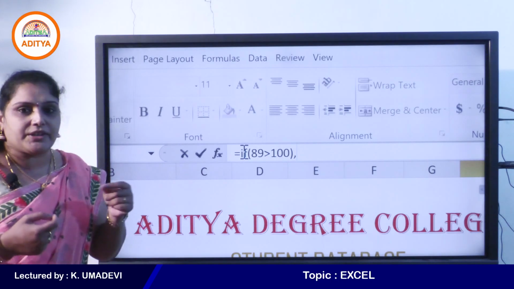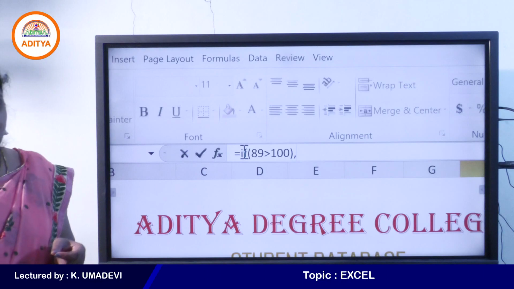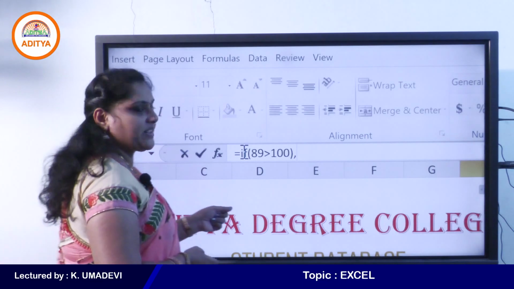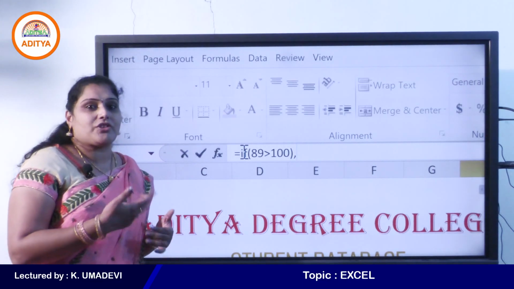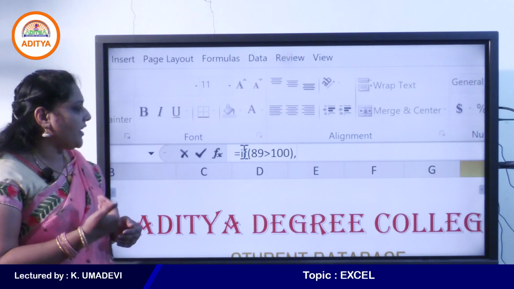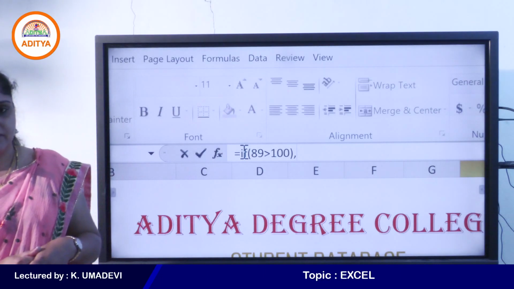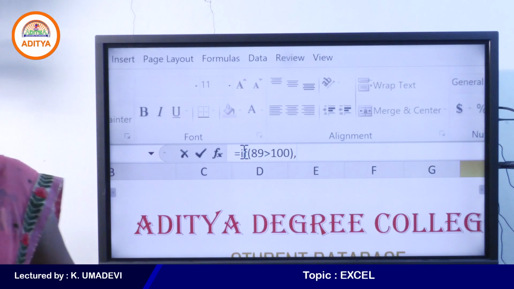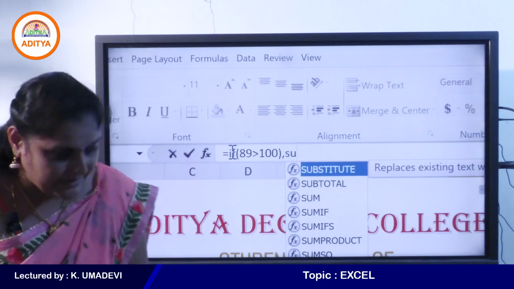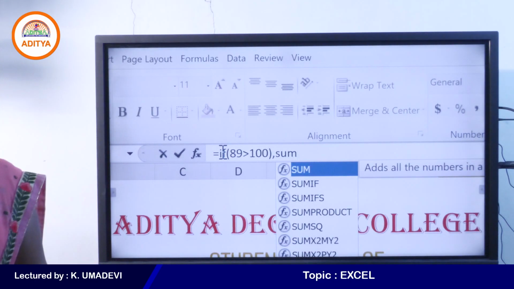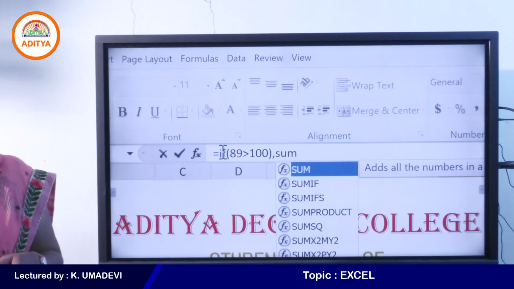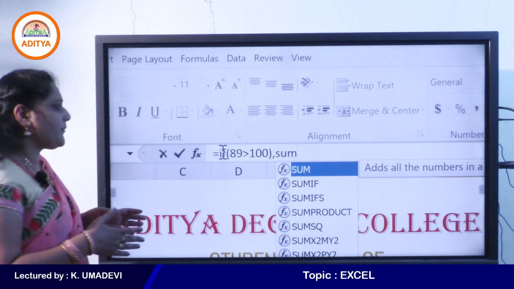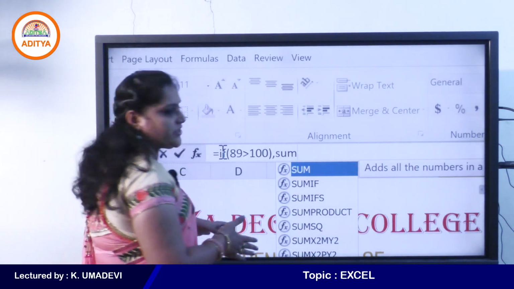So now I would like to calculate the total for all the subjects, based on my condition. For example, if 89 greater than 100, comma. So now I would like to use the SUM function. So no need to use the equal to sign. Why? Because the SUM function is already used inside another function.